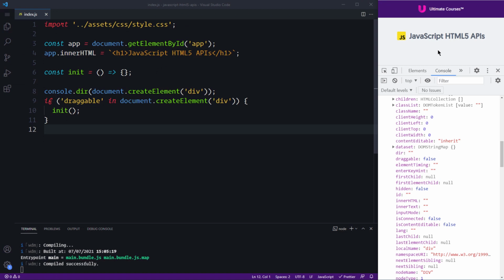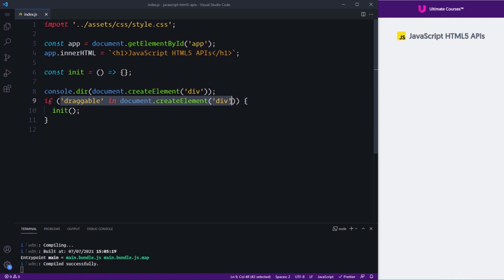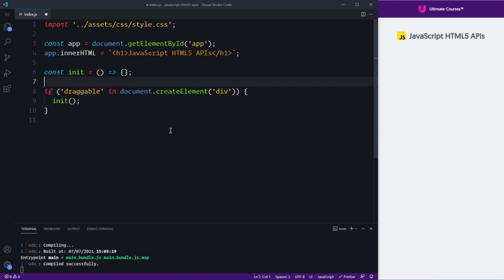So that's a quick introduction. That's how you can feature detect whether we have a draggable feature available in our browser. We then logged it out in the console to see our created div. And this is just a nice simple check. It's a little bit different because it's an API built onto the actual DOM nodes themselves rather than being on the window perhaps. So with that in mind, we're going to learn how to create draggable elements,